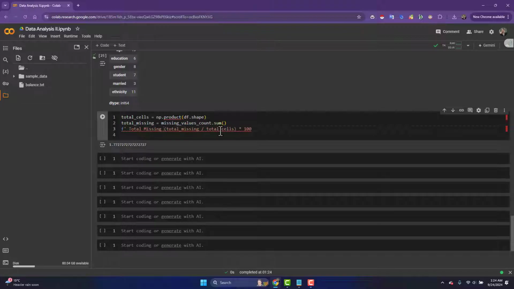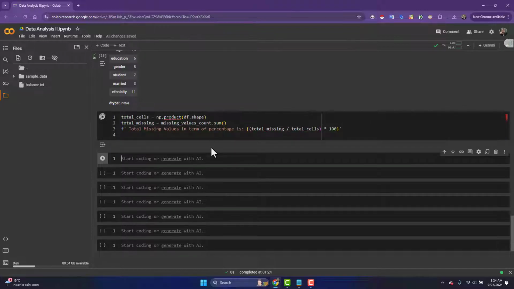Total missing values in terms of percentage. I don't have any other way to justify it, so I want to make it very precise. So I'm just going to say total missing value in terms of percentage is, okay, so this much,